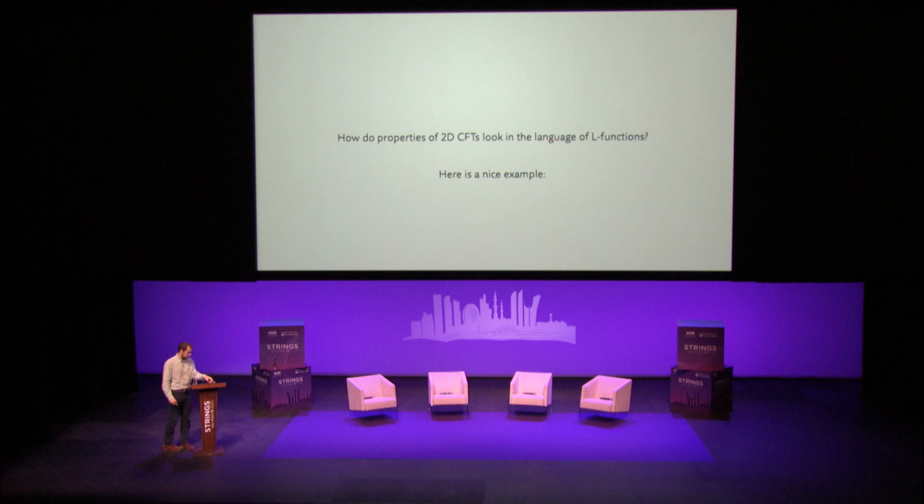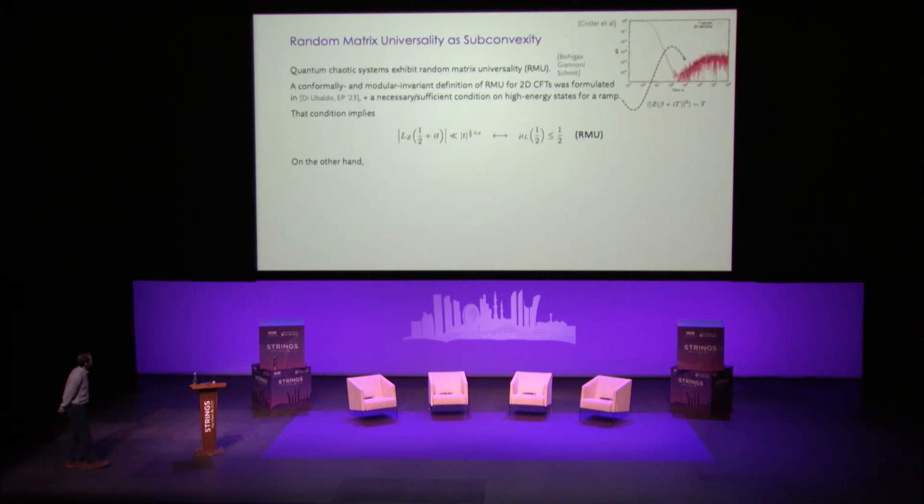Okay, now, how do properties of 2D CFTs look in the language of L-functions? Here's one example. I'll be brief. So random matrix universality is a property of quantum chaotic systems, including 2D CFTs. And a criterion for a 2D CFT to exhibit random matrix universality in the form of a ramp was recently proposed. And if you translate it to L-function language, it implies that on the critical line,